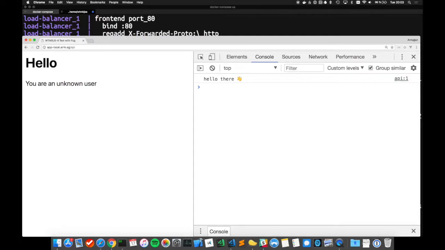That's the reason why you have to tell the computer, when you call this URL, redirect it to